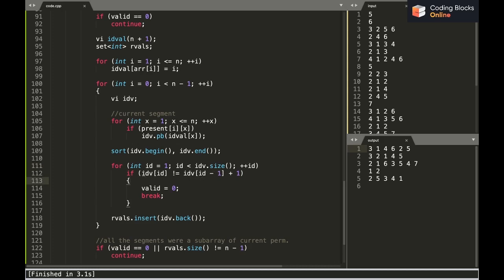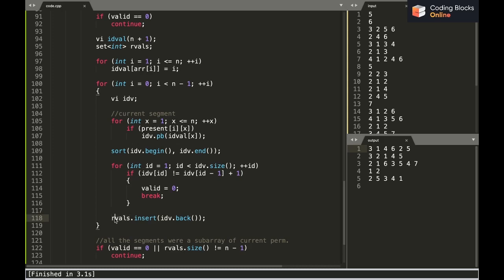If I find even one occurrence of adjacent numbers such that the difference is not 1, it means that it is not a continuous subsequence. Then I'll say valid equals 0 and break there. Else, I'll also need to see the R value, the largest index of the subarray that it corresponds to.